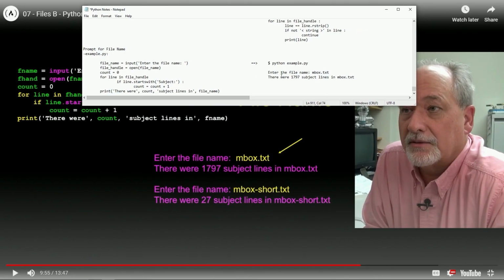So there were count, so this is the count, subject lines in, and then the file name right here. Okay, I like that. And so if we did it again, it would do something else. We should copy this. Paste it here. Copy this.